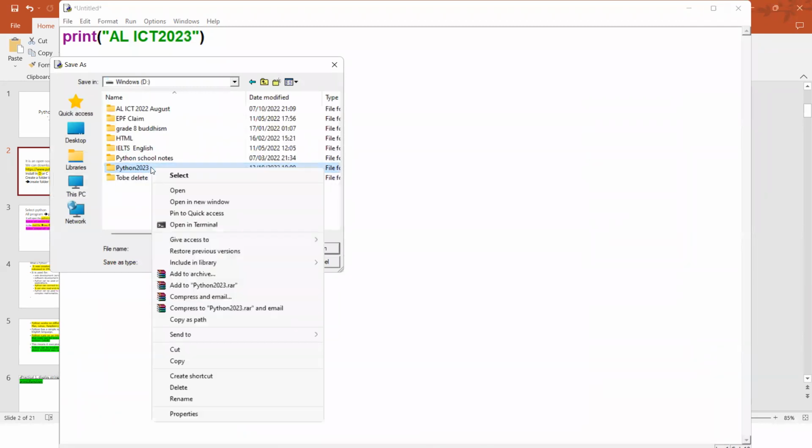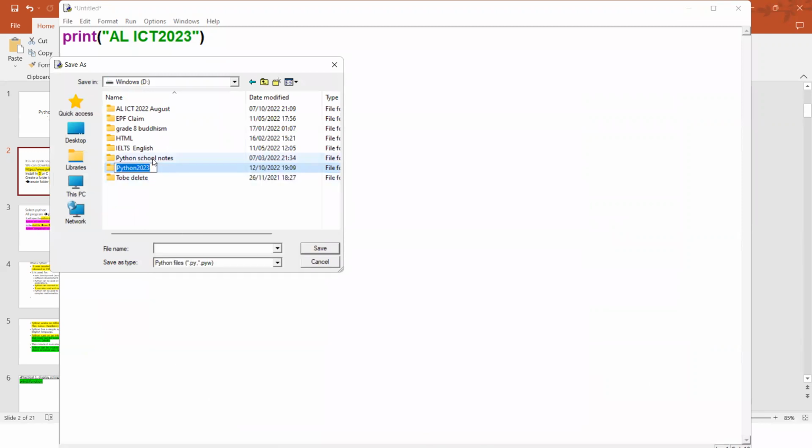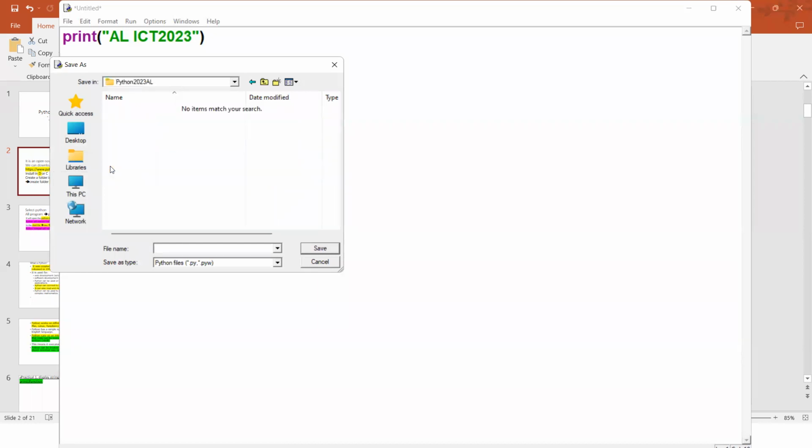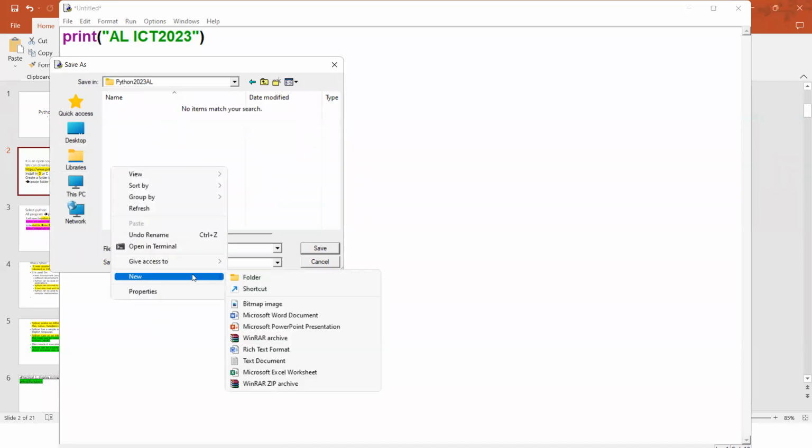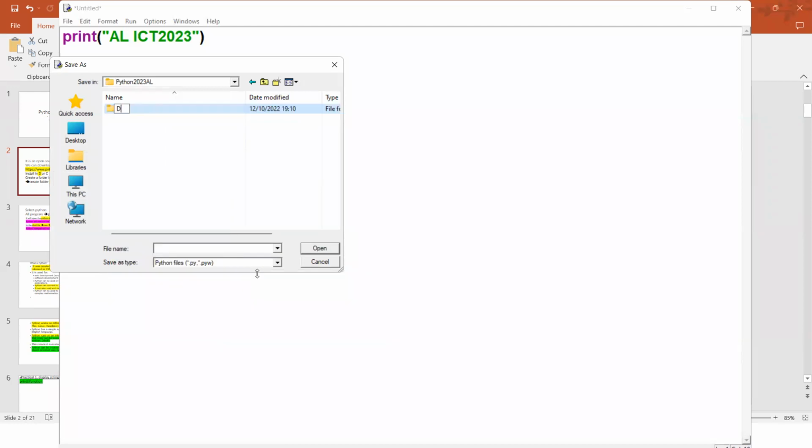It should be 2023 A-level. Then inside, make a folder, day 1. Then go inside day 1 and name the file practical 1. I'll just write D1 practical 1. I did not give any extension; it automatically gave me .py. Okay, I just give save.